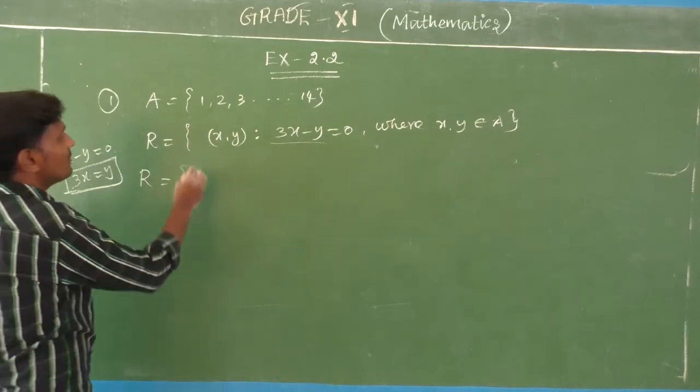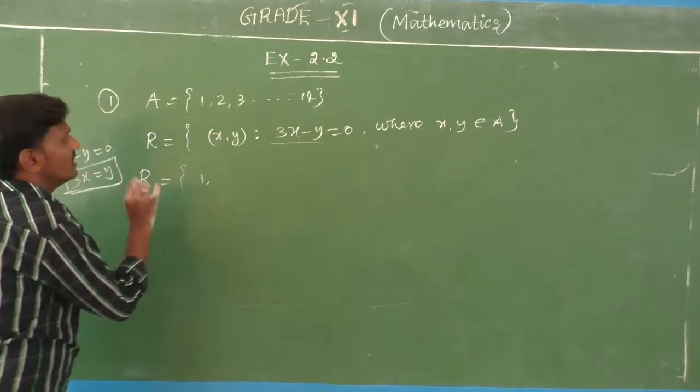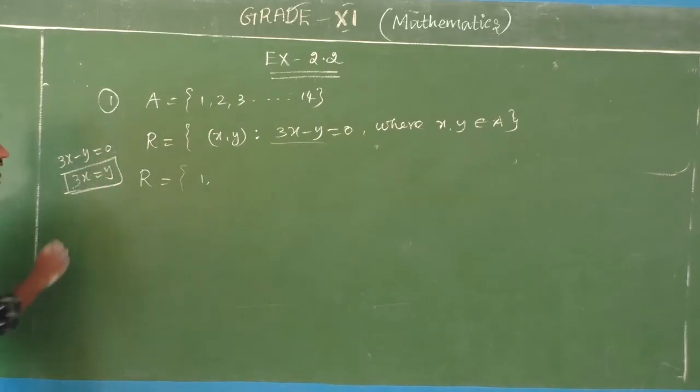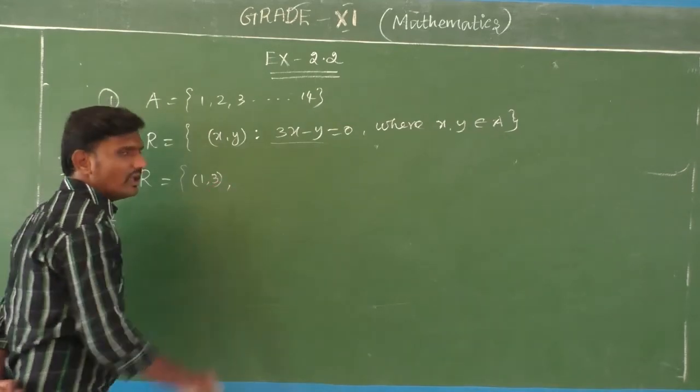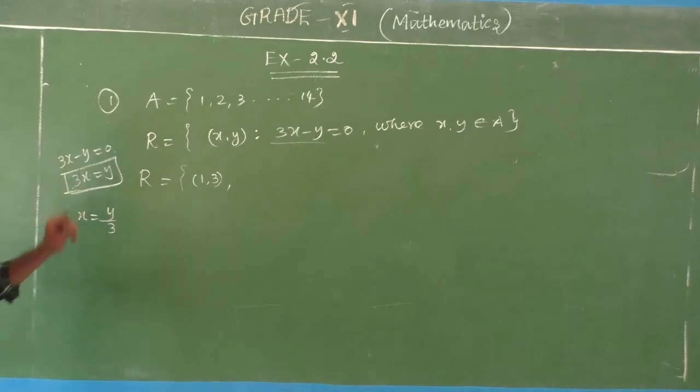Now the first number I am going to take is 1, comma 1 means 3x equal to y, or x equal to y by 3. Which number do you have to take? y is a multiple of x, multiples of 3. Suppose you take x, then y is a multiple of 3. Like that, (1, 3). Check whether 3x equal to y is satisfied.